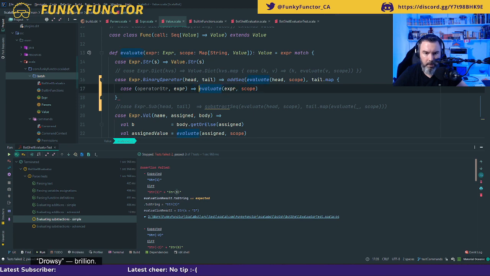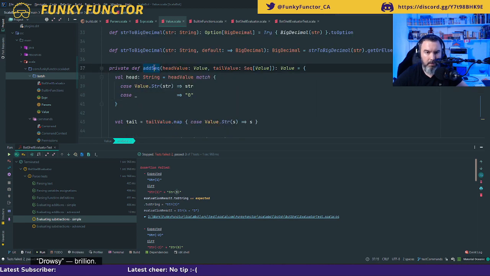But I still want to keep the operator because I will need this after. So that gives me string value. Okay. So now in add sequence, let's rename this.